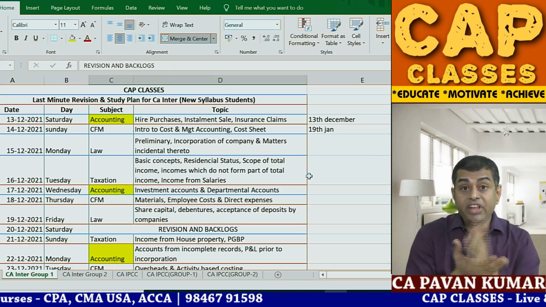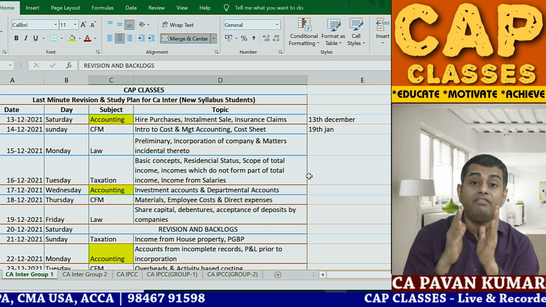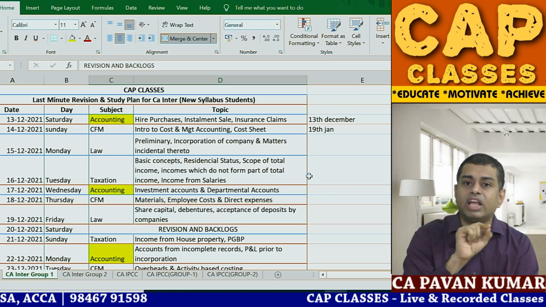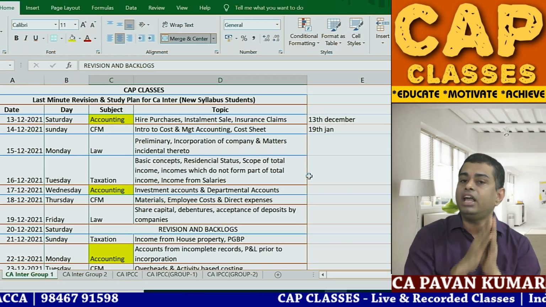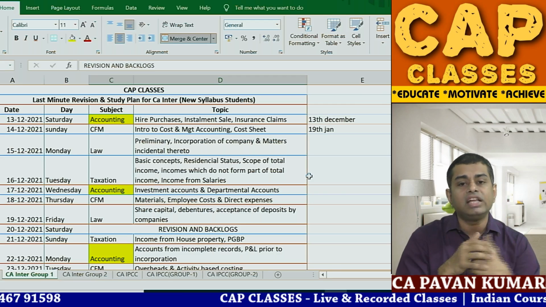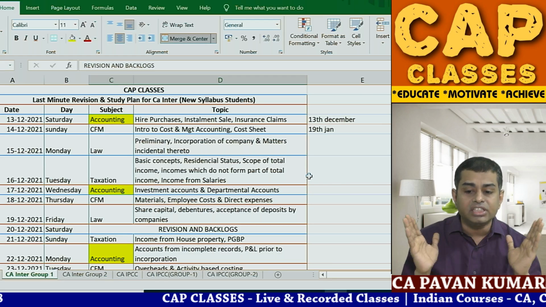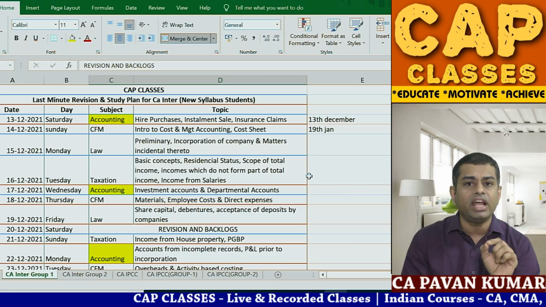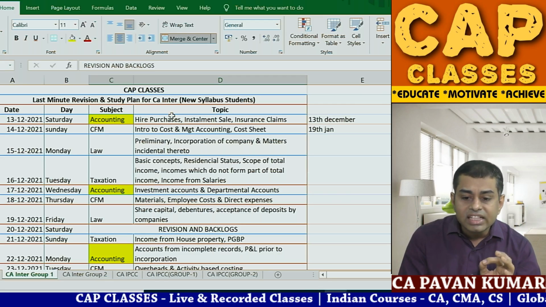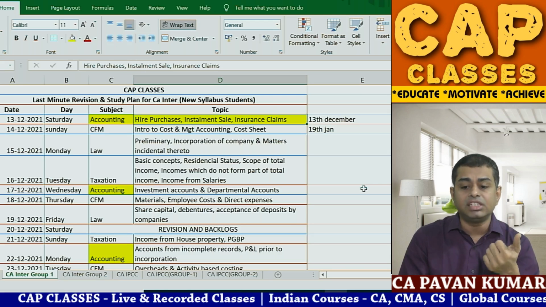So we are starting our preparation tomorrow, and we will stop this study plan just 1 day, 2 days before the exam, and then the last day you will completely be focusing on the accounts exam. If you observe, I have cut the accounts syllabus into 10 pieces. Any single day you take, it will be so stress free. For example, see this 1 day. What is the syllabus you are preparing? You are preparing hire purchase, installment sale, insurance claim.